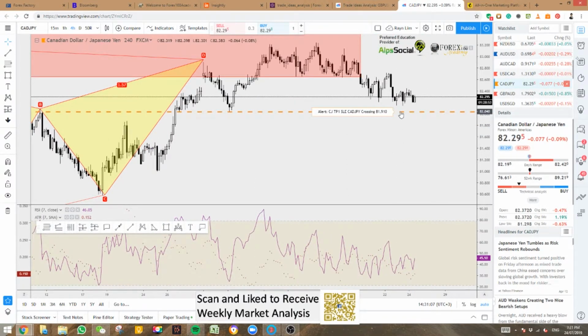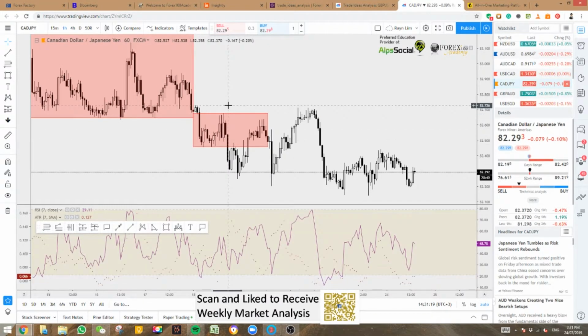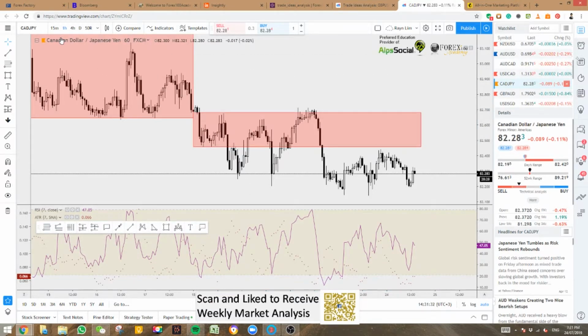This is the first take profit level, 82.04. Alright, so it's about 15 pips more for this bearish Gartley pattern to form up to and hit your first target. On our chart, yep, that's what I have expected. Nothing much other than this sell zone, a closer sell zone on the 1 hour chart. Alright,